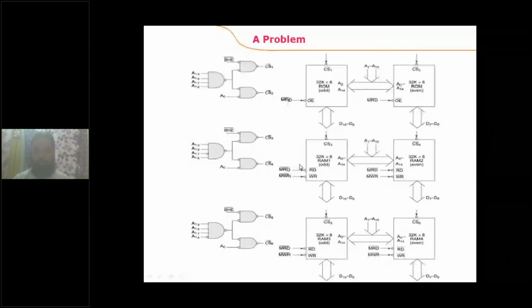Now see here. Actually, these address lines are connected to the address lines of the RAM and ROM devices. The remaining address lines are A16 to A19. These A16 to A19 act as the input for the decoder circuit. This entire part is the decoder circuit. In two ways we can design this decoder circuit.